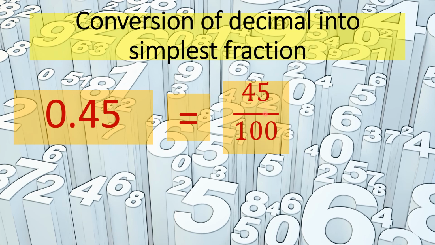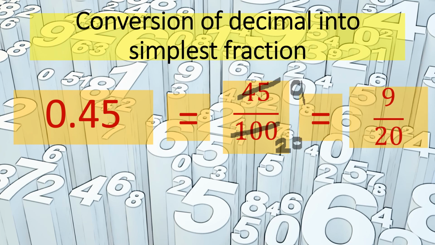Now we will simplify it and you know very well how to simplify the fractions. It is very easy. How? Like this. Just see here. 5 nines are 45 and here 5 twos are 10 and 0, it means 20. Now it is 9 by 20 and you know that 9 by 20 is a proper fraction, so no need to convert it into mixed number, right?